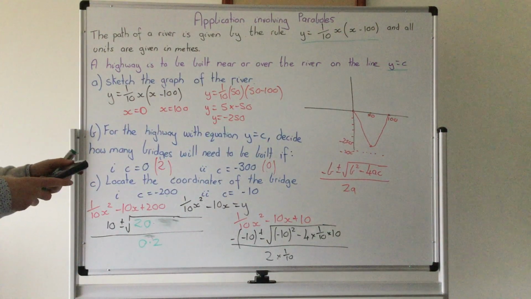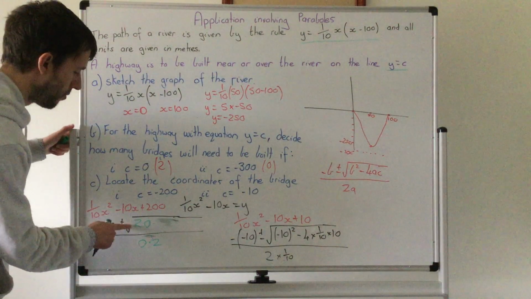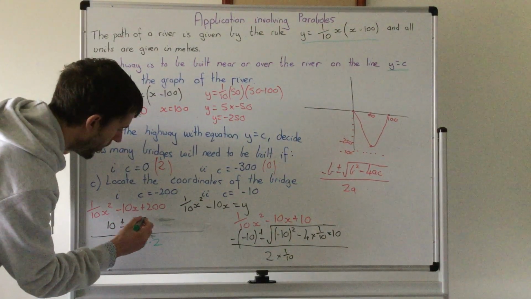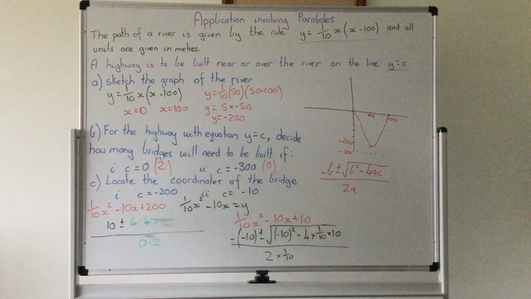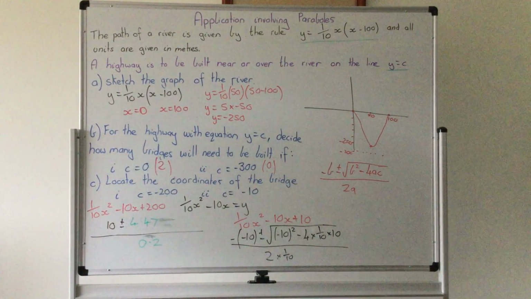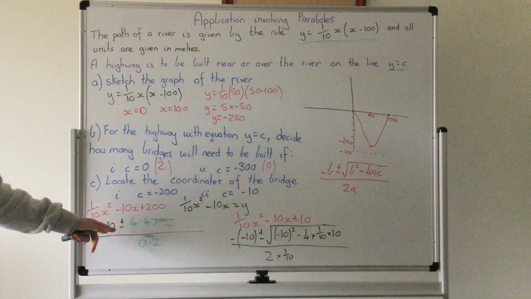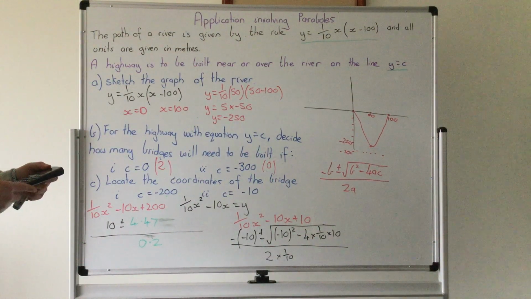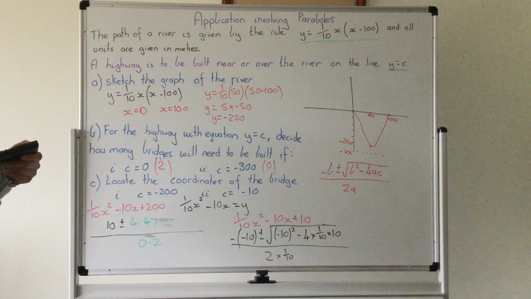You don't have to, but I know it's 4.47. So we can have two values here. One, we are going to have a value of 10 plus 4.47, and we are also going to have a value when it's minus. So 10 plus 4.47 divided by 0.2 equals,